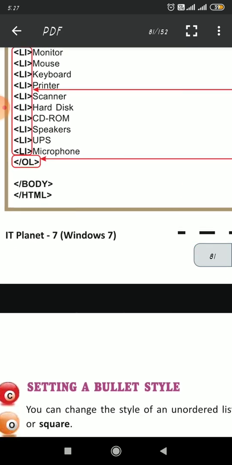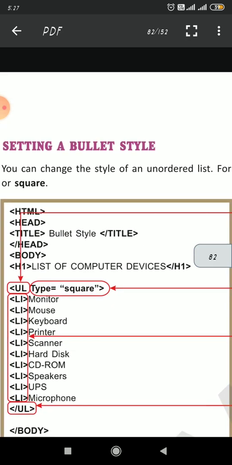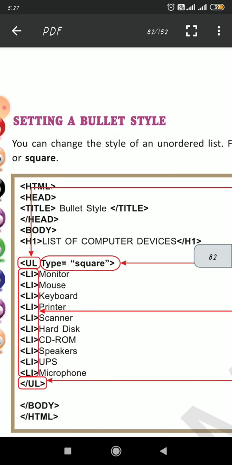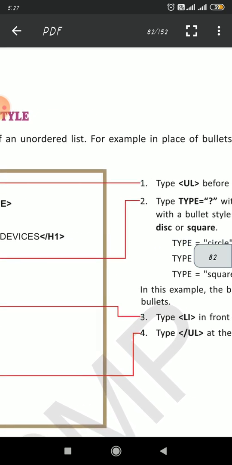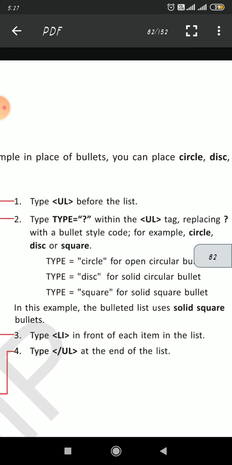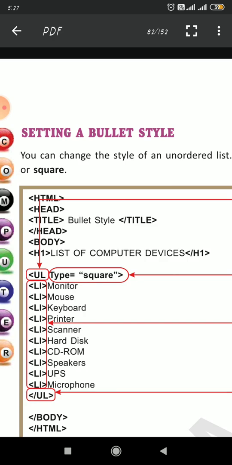Now, coming to the next topic, setting a bullet style. You can change the style of an unordered list. For example, in place of bullets, you can use circle, disc or square.